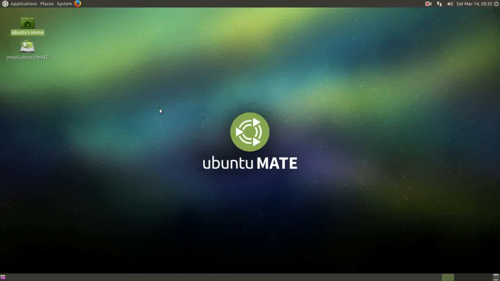This version is called Ubuntu Mate. And I'm running this from a live distro, meaning it's not installed on my computer hard drive. When I'm done testing this out, if I like it, I can install this version of Linux on my computer by pressing this button right here. I don't want to install this version of Linux, and we'll look at how to create a live CD in a future tutorial.